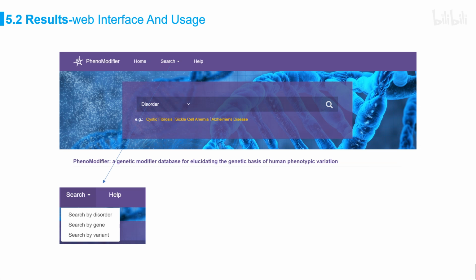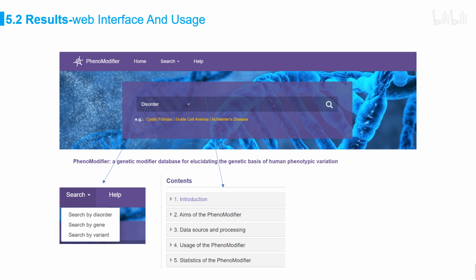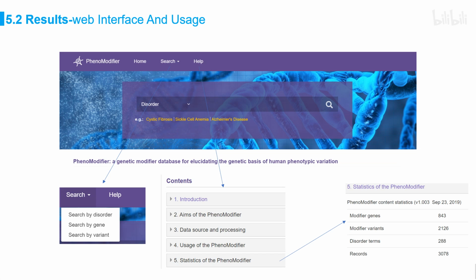The search can be divided into three parts: disorder, gene, and variant, and the content can be divided into five parts. As for the statistics of the phenomodifiers and the modifier genes,